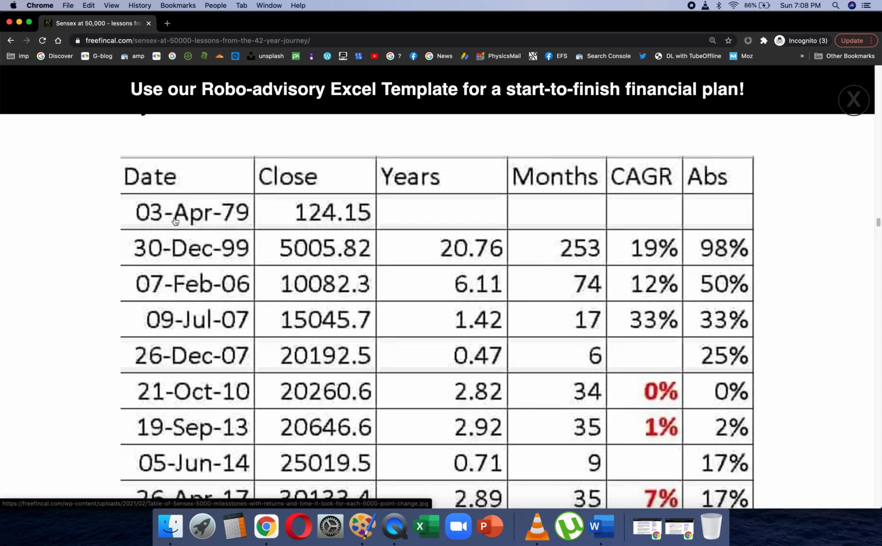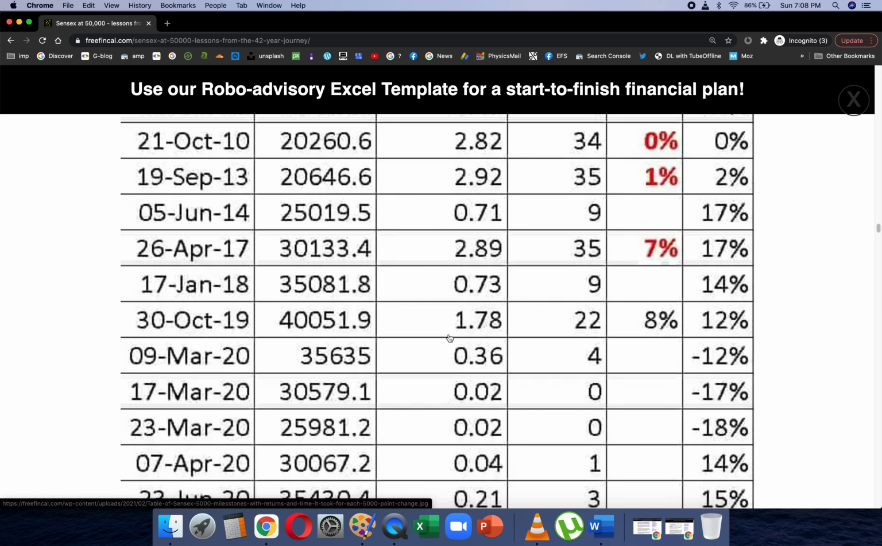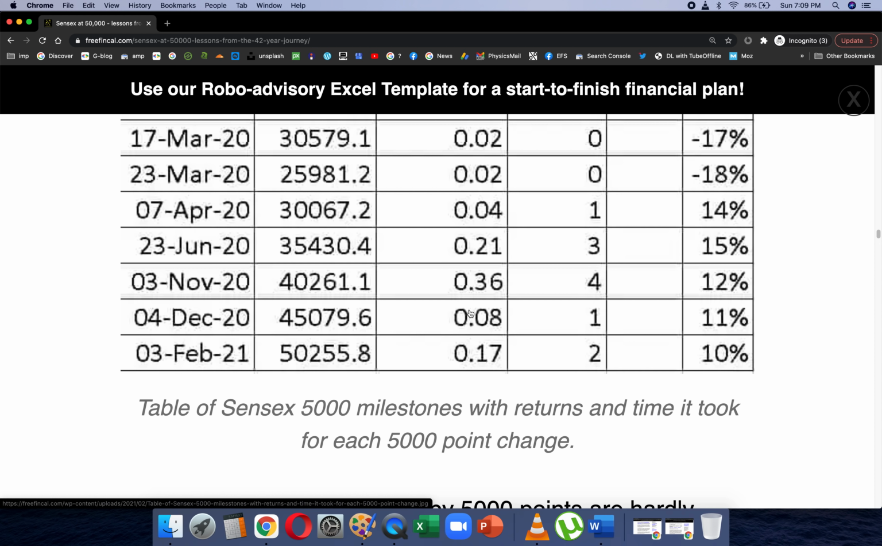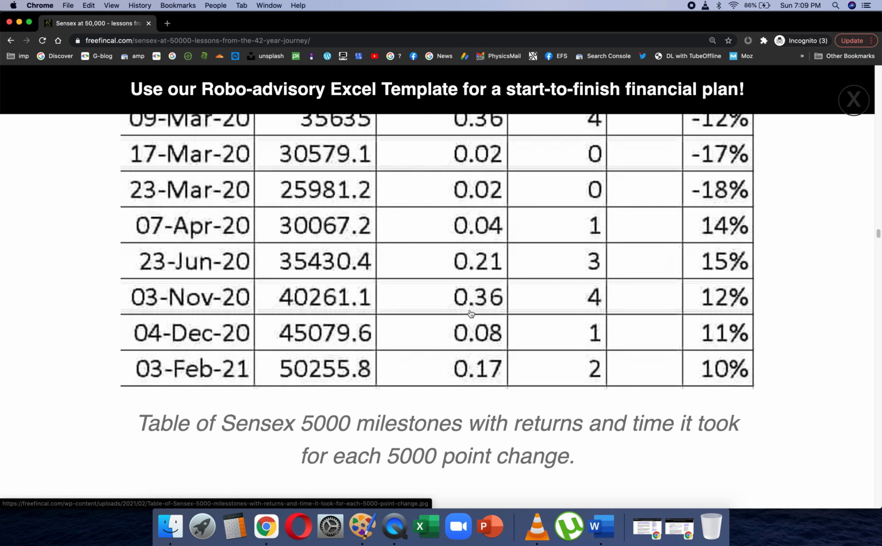So from April 79, where it was just 100, it took 20 years for the Sensex to reach 5,000. The next 5,000 occurred in 6 years, the next 5,000 occurred in just 1.5 years, the next 5,000 occurred in 0.47 years, and so on and so on. You can see you have all kinds of gradations here, readings here, but what you notice is the